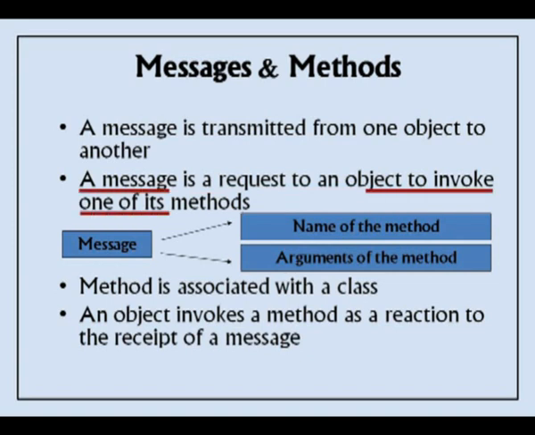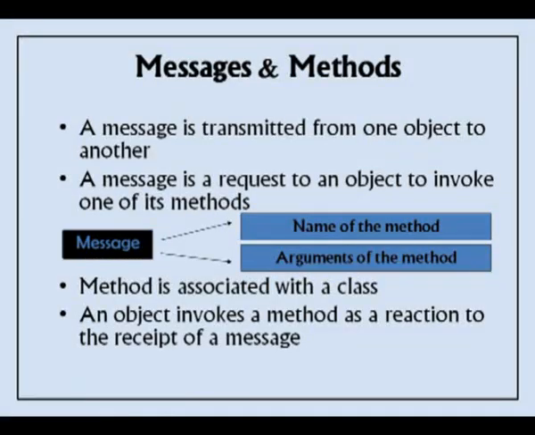Now, we saw that a class contains data and it contains functions to operate on the data. An object is created for a class, which specifically tells what the data holds and what the function does. So, a message is nothing but a request to an object to perform one of its functions. So, that is the interaction between the objects. Generally, one object communicates with another, requesting it to do something in response to its message.